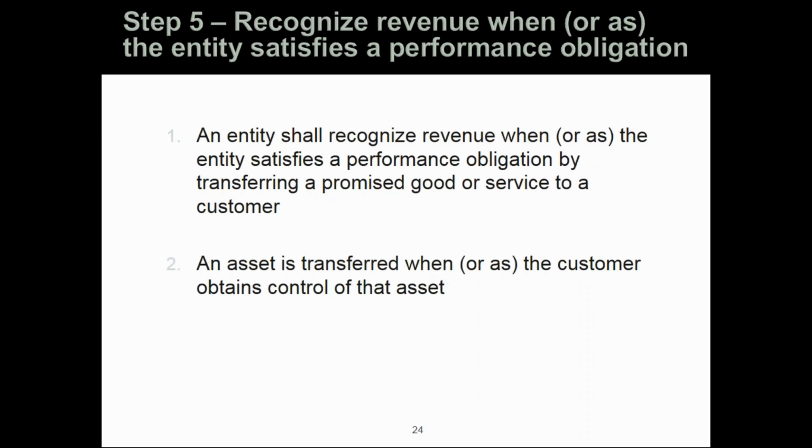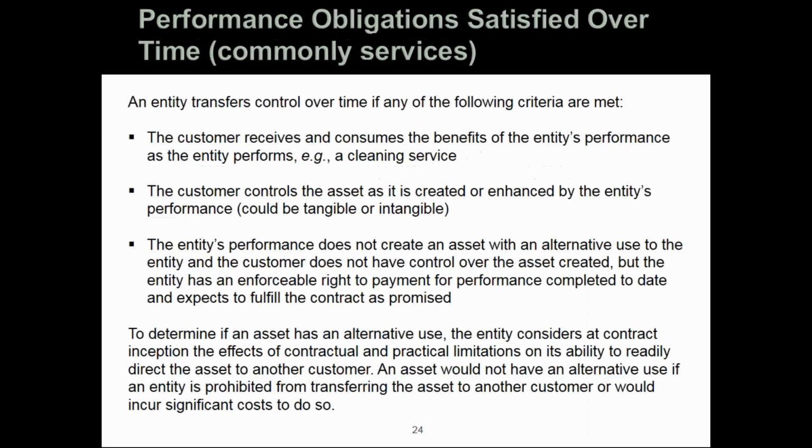And it can either be, and we're going to recognize the revenue as we satisfy the obligation, as the goods and services are transferred to the customer, and as the customer really benefits from or obtains control of the good or service. And that may happen over time or at a point in time. So we'll recognize our revenue over time during the contract period if any of these following criteria are met. It doesn't have to be all of them. Any one of these would allow us to recognize revenue over time.